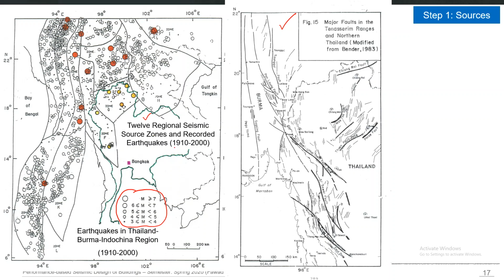The dots here are showing the recorded earthquakes from 1910 to year 2000, and you can see that the location of the concentration of past earthquakes is corresponding to the major tectonic faults as well as the plate boundaries. So based on that, the seismic hazard analyst is required to classify or divide the whole study area into different source zones. You can also model the crustal faults explicitly, but this example is showing only the area source zones for the PSHA of Thailand.